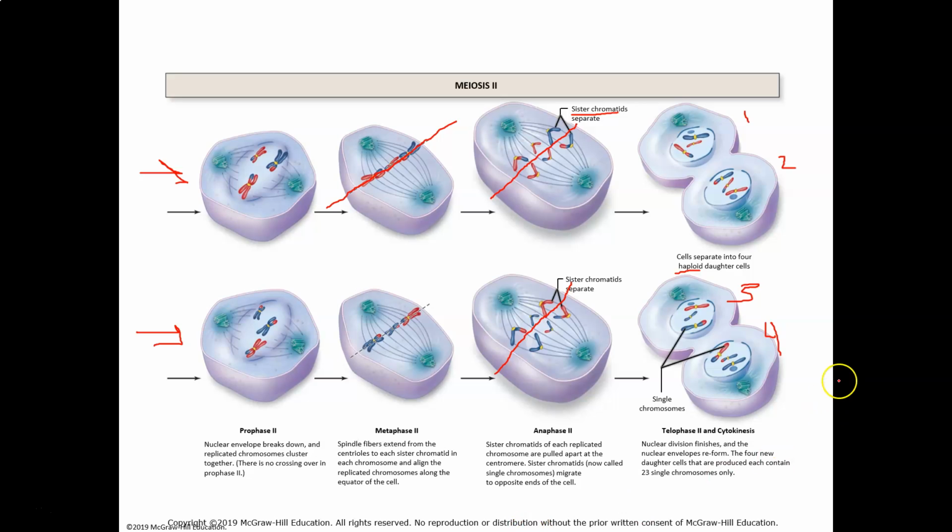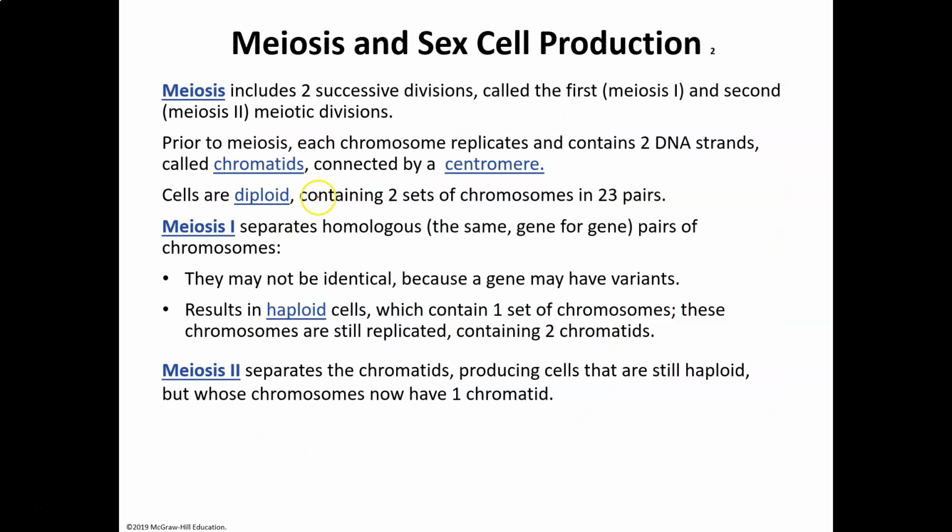Now, in sperm production, these things have to develop tails and they have to become sperm. But now they're genetically ready to become sperm. In females, they have to become eggs, but it turns out that only one of them actually becomes the egg for fertilization. The other 3 don't make it. There's a whole process to that. We'll get to that. So now here's your slideshow, okay? Meiosis includes 2 successive divisions.